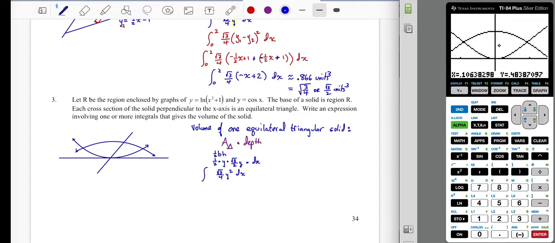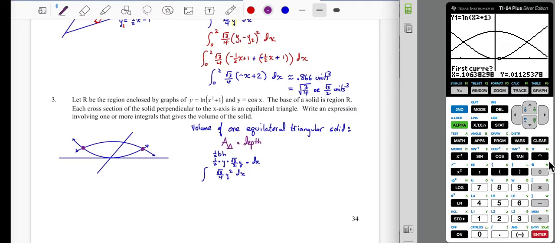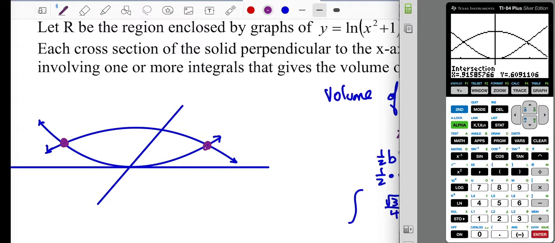All right, so I'm going to need those intersections. Now, obviously my diagram doesn't tell the whole story, but it does look on the calculator as though it's symmetrical. So it looks like 0.916 approximately. I don't know if I like that, but I'm going to live with it, I think, because just looking at